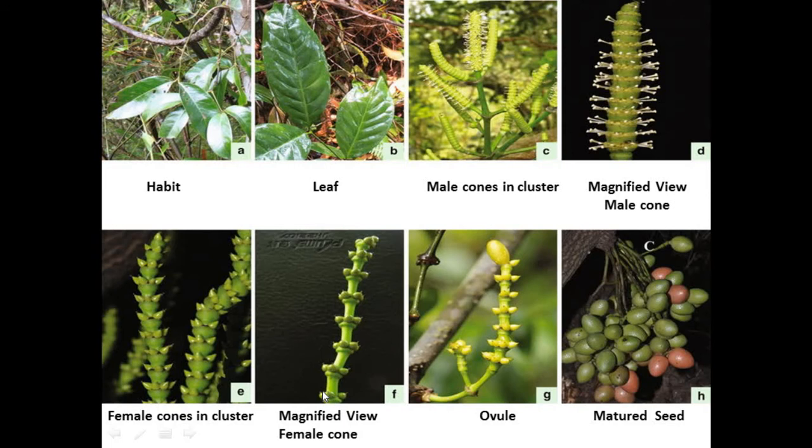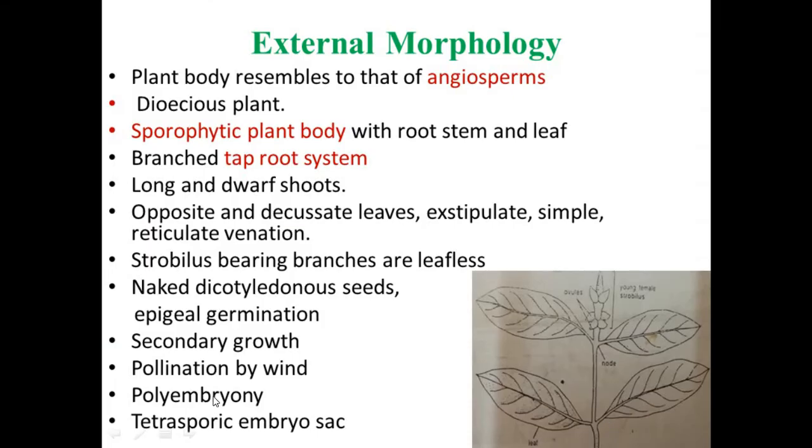Here this slide shows different structures of this plant, right from its habit, woody climbing habit, and alternate, opposite and decussate leaves. Male cones in cluster, a magnified view of those male cones, female cones, and mature seeds are there. Then about external morphology, when we